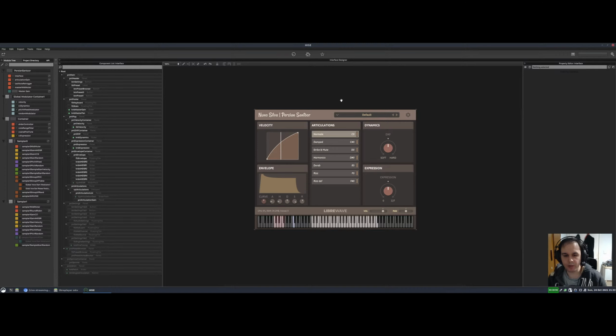But this one thing I've done with this, which I hadn't really explored with my previous libraries, is using slider packs to store data for each articulation. And this is something that's really handy. So where's a slider pack? So I've got these little sliders here, and these control the gain for each articulation. So